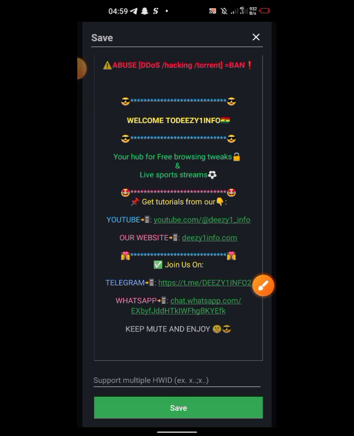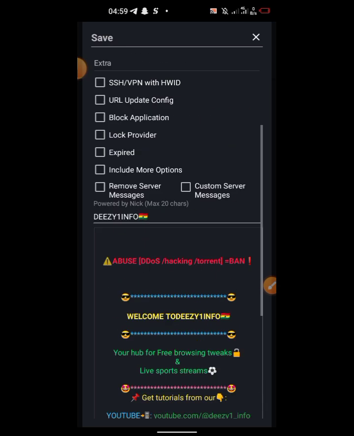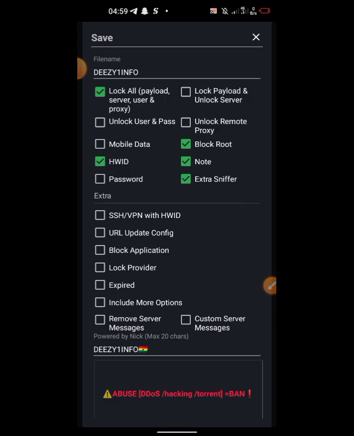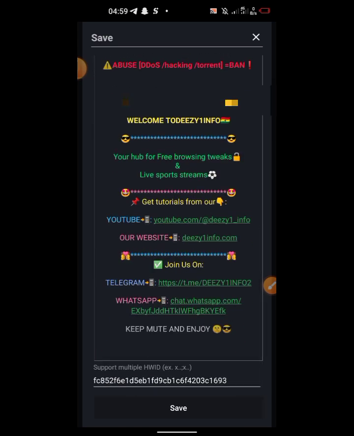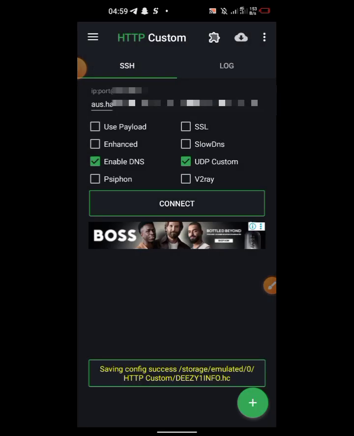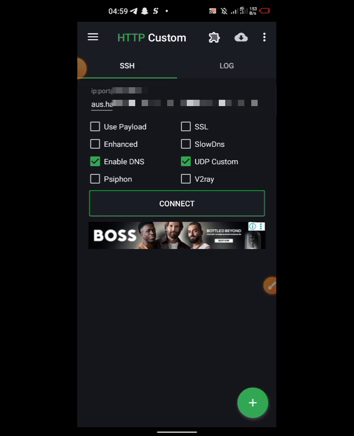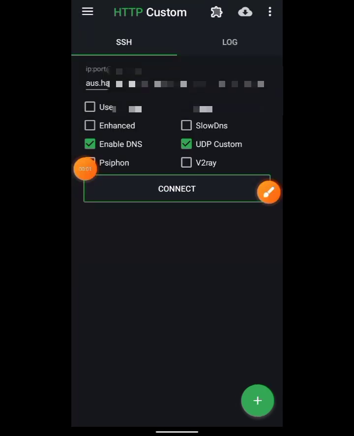So the hardware ID, let's paste it. Click on it to paste it. After pasting the hardware ID, you cross check again whether everything is okay. After then, you click on save. The moment you click on save, it will be saved in your phone storage, that's the installation directory. After saving the file, you send it to the client. Just make sure the client has sent the money before.